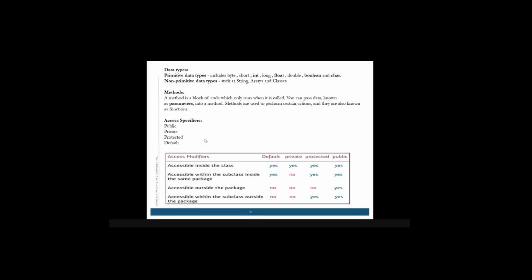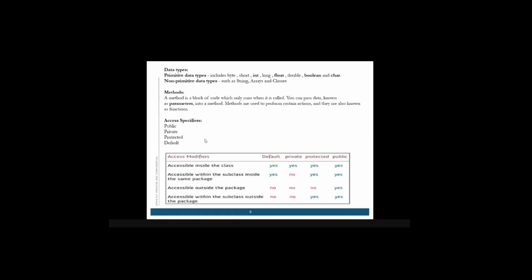Primitive data types include byte, short, integer, long, float, double, boolean and character. What comes in short? If it is a very short value, we usually give the data type as short. Integer is for whole numbers.